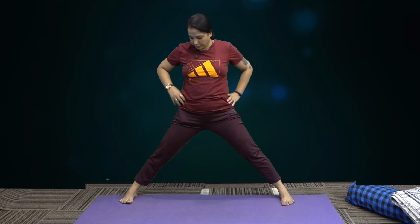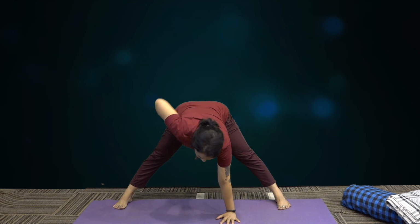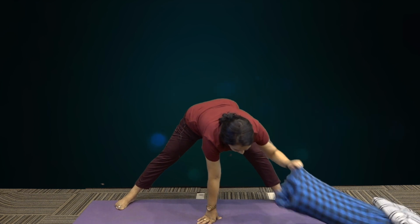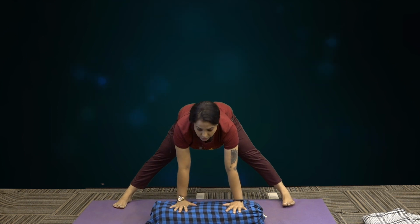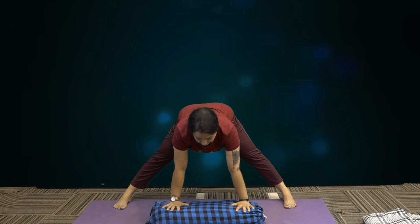The bending is coming from your outer hips, and with exhale you are going forward. Exhale, exhale, exhale. First you will keep your hand on the floor. If it is not reaching, or if you are facing some difficulty, then you can use the bolster like this. Okay. From here, this is part 1, everyone can do this,